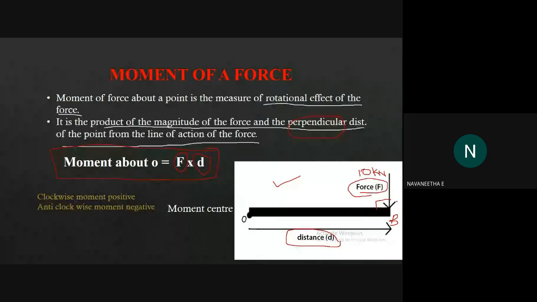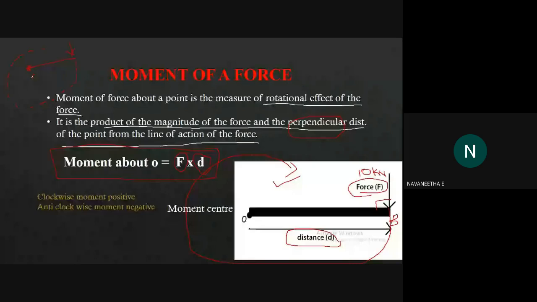Clockwise or anti-clockwise? Here I am fixing the point O, and I am applying a force at the end of that beam OB like this, in a downward direction. So what is the rotational effect? How will it rotate? Yes, obviously it is clockwise. We are applying a downward force, so it will start to rotate like this. If this is the beam and we apply the force like this, it will start to rotate like this, if we fix the point O.